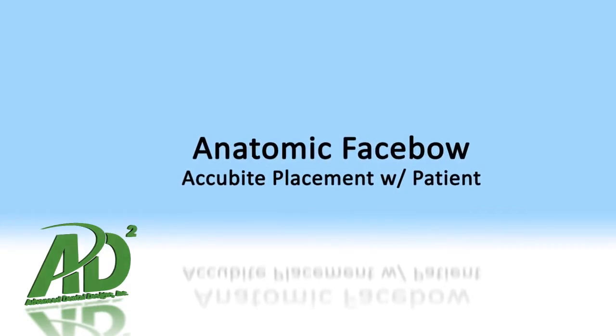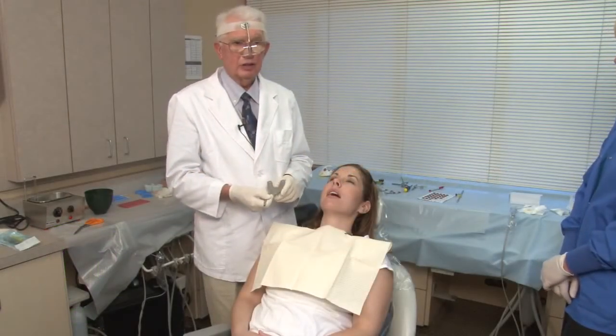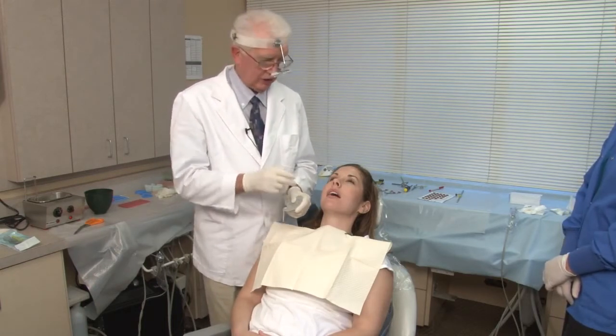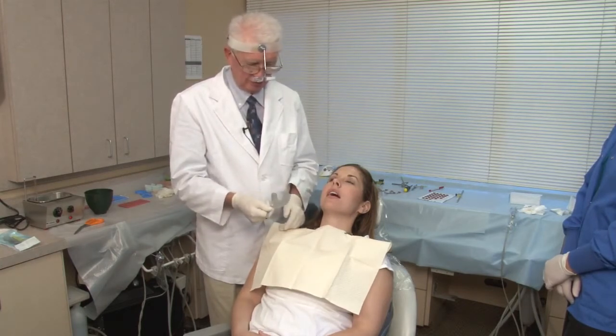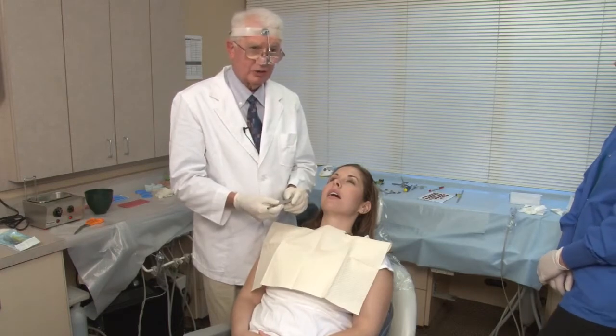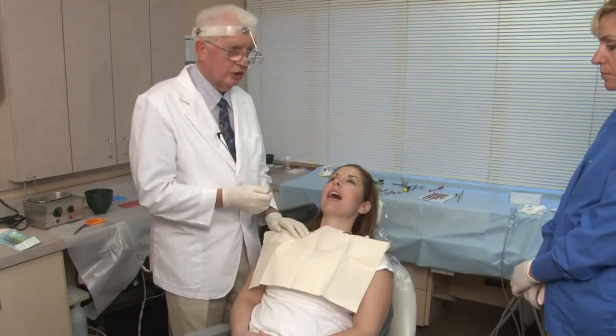I showed you a moment ago using the models to place the AccuBites onto the bite fork. If I don't have a model, then I've got to use my patient as my model. And so I'd have the bite fork without the AccuBites. And at the same time, I want to demonstrate to you how I place the bite fork. Always look at your patient